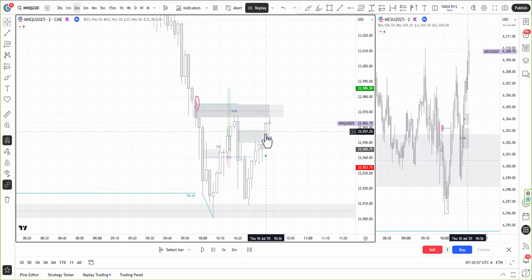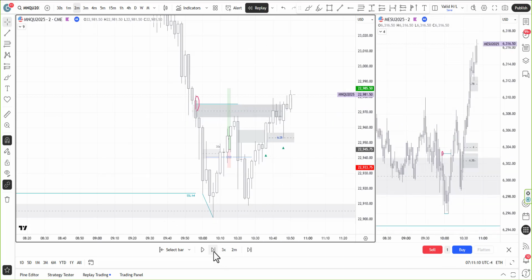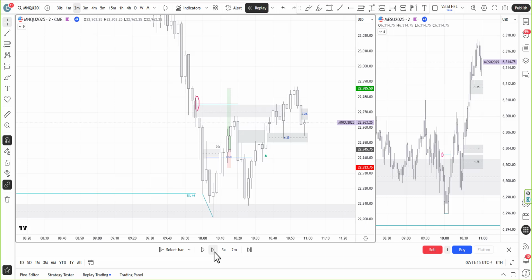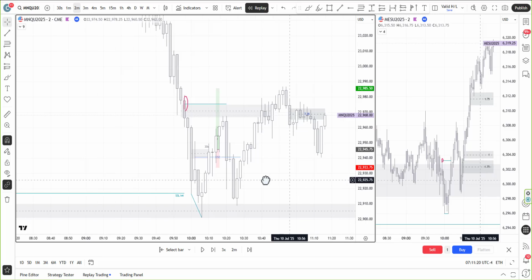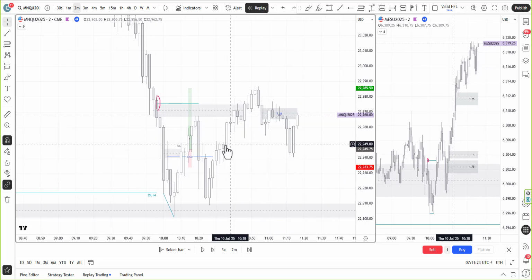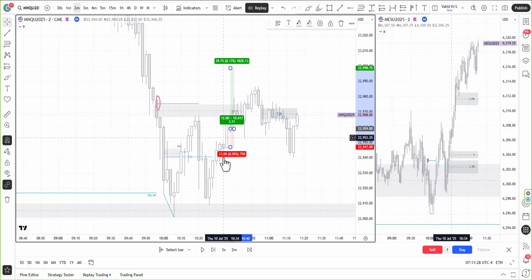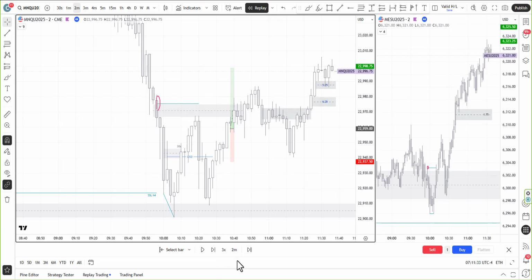So here I went long again, which is not like a bad setup, but waiting for this to break is even better. Because what happened, okay, now this one breaks and you can trade this retest, but price was just not ready to go. See, so I would have gotten stopped out, and with this trade, I think I put it somewhere here with my stop here, so I just did not get stopped out, but it was just awful trading.